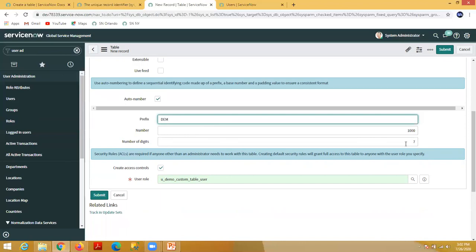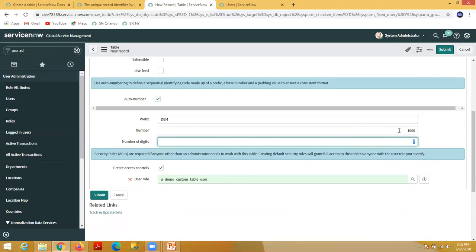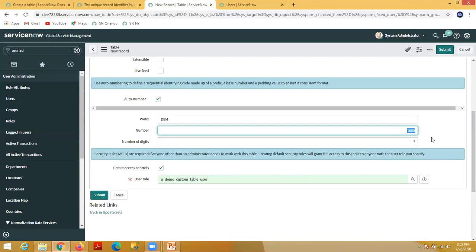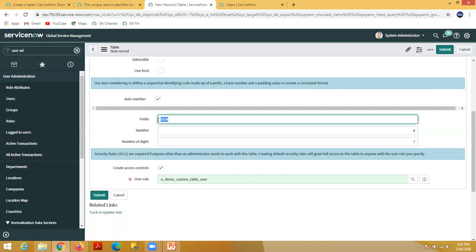The number of digits will be 7, and the number will start from 1000. What I want is for the number to start from 0. When the user creates a new record, the system will add one field automatically for the record number. We'll see this, and then we will discuss.